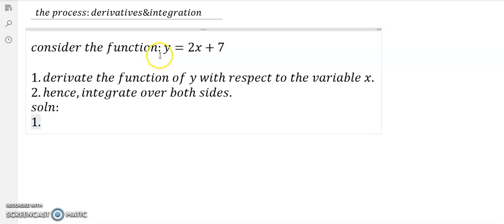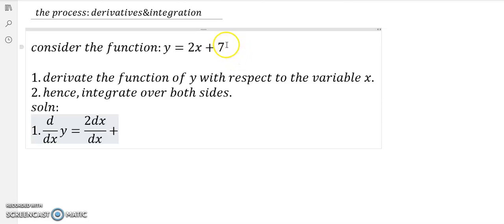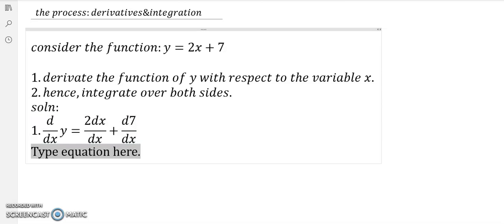If we differentiate y with respect to the variable x, then we're going to get d over dx times y equal to the derivative of 2x with respect to the variable x, which is nothing but 2 dx over dx, plus, however, here there is no x, meaning that the derivative of 7 will be d7 over dx. Okay, this could be written as dy over dx